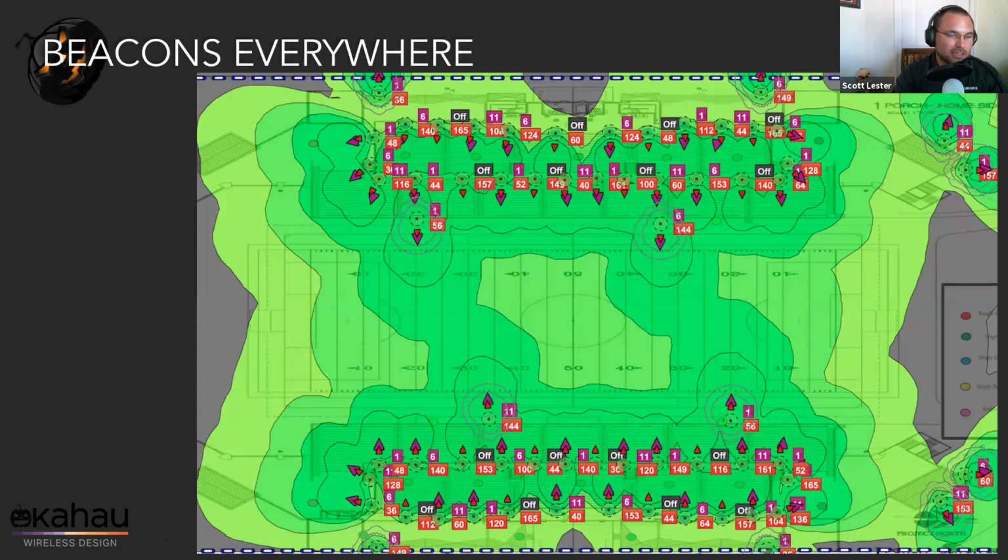Absolutely. And you'll see this is a design built in Ekahau. I left the coverage in here just for the fun of it, but this is really utilized, from my perspective, for AP placement maps to hand off to my installers so that they have some general idea of where things are going. You'll notice throughout that I've got some 2.4 gig radios shut off, right? Because while we want to use 2.4 in some cases, we don't want every radio broadcasting 2.4. That would simply be a little bit too much in a stadium environment.